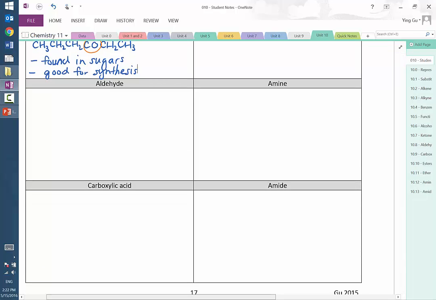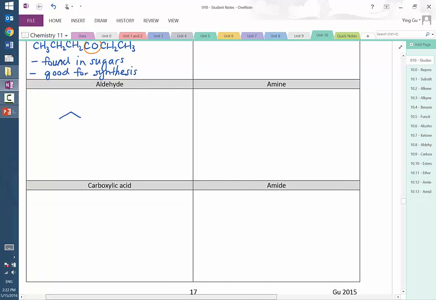Okay, next one is an aldehyde. An aldehyde looks very similar to a ketone in that it has a C double bond O, but right next to the carbon that has the double bond O is a hydrogen. In other words, aldehyde is a ketone but located on the first or last carbon in a structure. Okay, aldehydes, the condensed structure